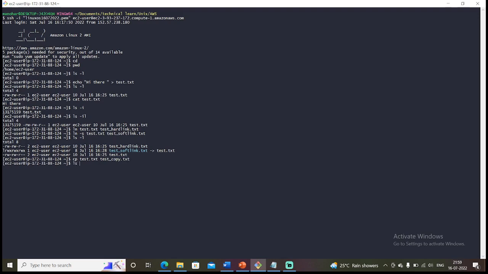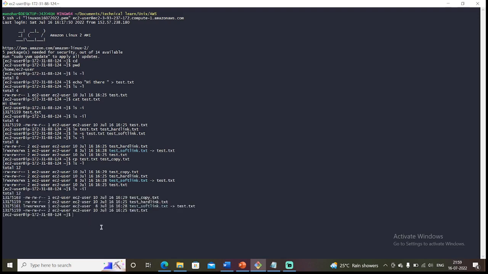So let's see all the files here now. We can do ls -l for now. We can see that here the first is a copy file, second is a hard link file, third is a soft link or shortcut, and this is the original file. When we check the inode of these files, we can see that the hard link and the original file both have the same inode. So see, this is our original file, and this value is the index node of this file. We can see that both the hard link and the original file have the same index node,